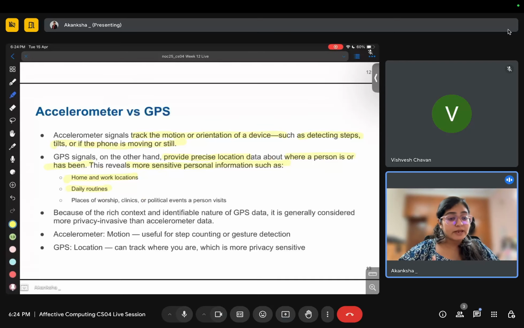If you observe my GPS data, then you might see that this person starts from this point, and then she travels and ends at this point. So there is a probability that this place might be my work or my home place. So we can figure out where the person lives or where the person works.